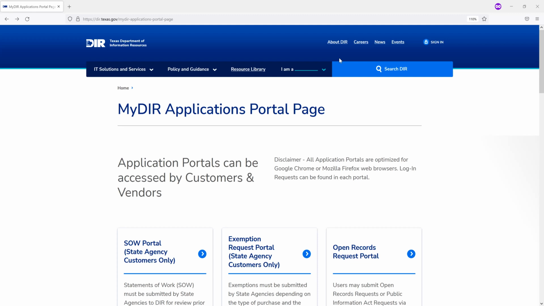So for instance, if your agency goes out and clears everybody's cache on their web browsers, I can't really do anything about that. And your login credentials won't be stored, but it's certainly still out there. So if you have issues with logging in, each of these portals has a function of how to retrieve or reset your password.